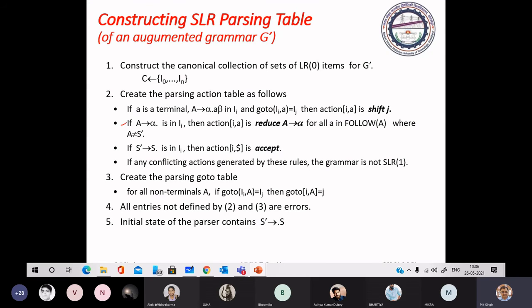But there is an exception: A should not be S dash, the start symbol of the augmented grammar. In that case it becomes the accept state, and for that case we make the entry as accept.